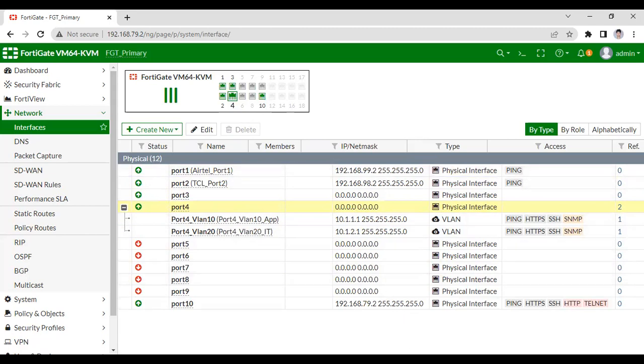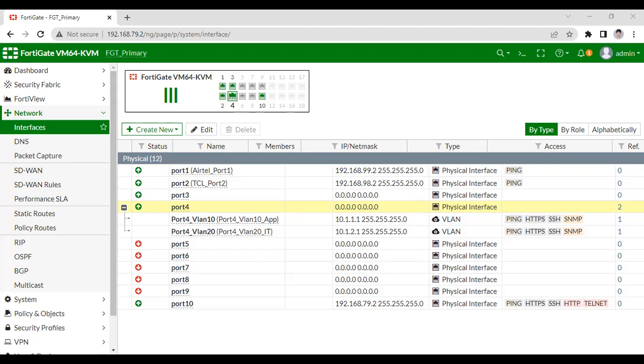This is the more interesting topic. Let me show you what will happen if SD-WAN is not used. You have to configure traffic separately. If you have configured the SD-WAN interfaces, then you don't have to configure the static routes one by one. So let's get started and configure the SD-WAN.